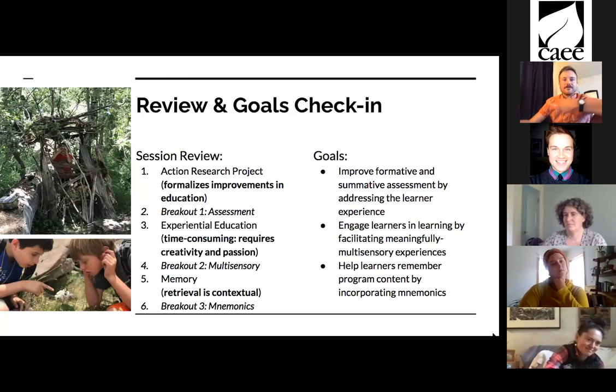And I just wanted to review what we did today. So I talked too long about my action research project, obviously, but hopefully you can see how action research can formalize our improvements in education. It just sort of helps us set specific goals and maybe like specifically